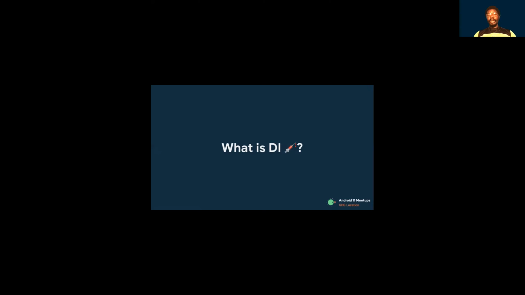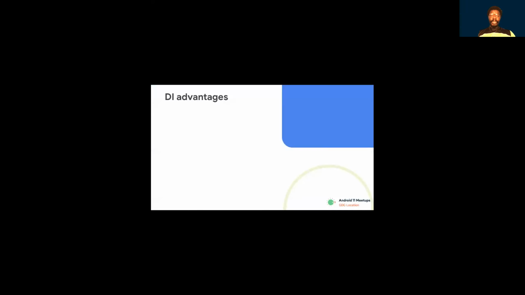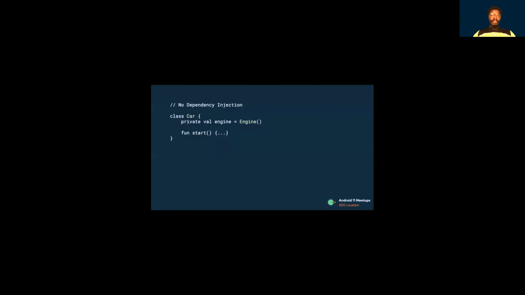These required classes are called dependencies. This design pattern has many benefits like reducing the boilerplate code, making our code reusable and clean, making testing easy, and also making it easy to refactor our code.